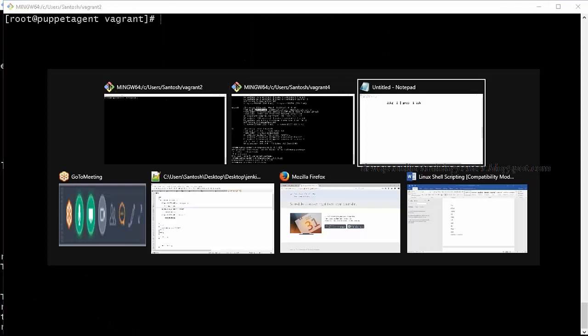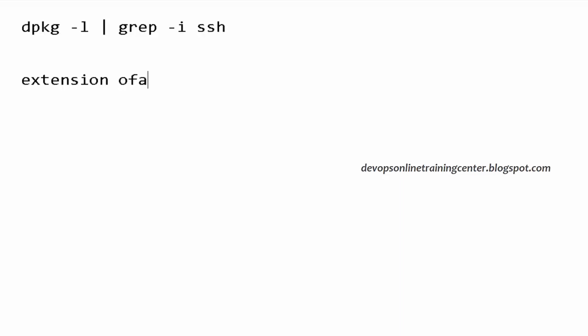So how do we install a package on Ubuntu? What is the extension of a package? Which package do we need to download? Let us say I want to download Chef.